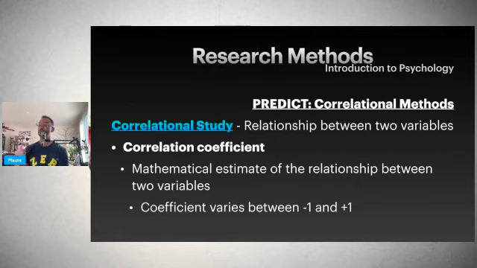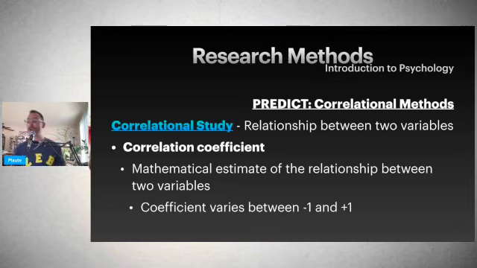To measure the strength of a correlation, researchers use something called a correlation coefficient. Again, if you're at a dinner party and you bust out correlation coefficient, everybody who's a science nerd, their ears are going to perk up. I don't know necessarily if that's something you want, but I'm just saying.